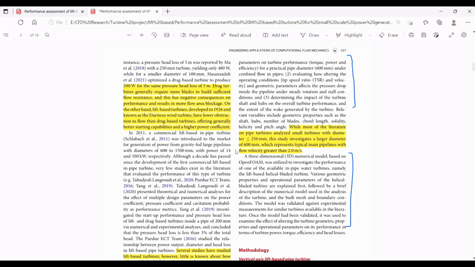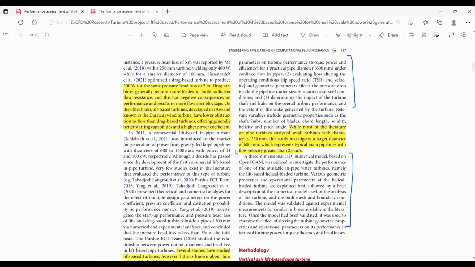And in the solver, the author has analyzed the lift-based helical bladed turbine, and he has studied the effect of various parameters, the wakes and all, and he has presented his findings in a very effective manner. The paper starts with a brief explanation of what theory is required by the reader to understand what a lift-based turbine is, followed by the turbulence model that the author has used to conduct his study, and the validation, how he validated his turbulence model, and also the mesh generation and the boundary conditions